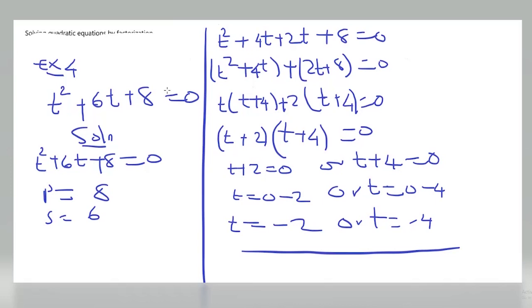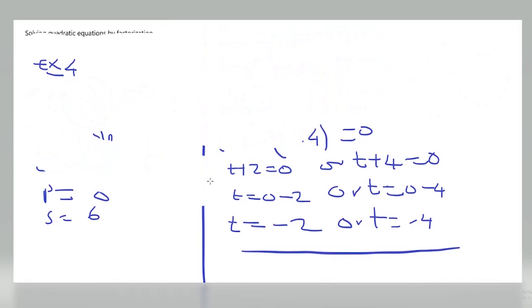Now, another example, example number 5. Now, should we have this question? Maybe 3x squared is equal to negative 6x minus 3. Now, find the value of x by factorization. Okay. Now, solution: